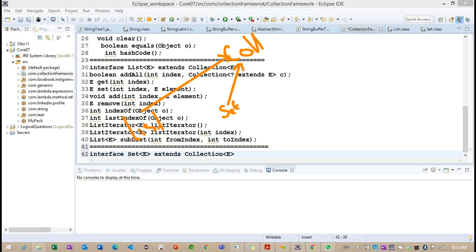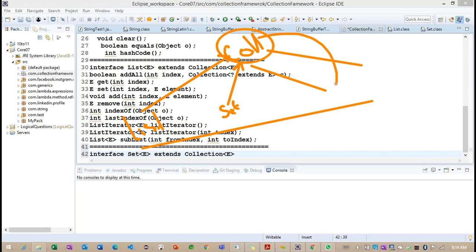This Set also is extending from the Collection. If any other class is extending, we can define it. Getting the point? This is what the diagram looks like when we work with the Collection. This is the main interface, and these are the sub interfaces. All the sub interfaces will have the common functionality in each and every interface.